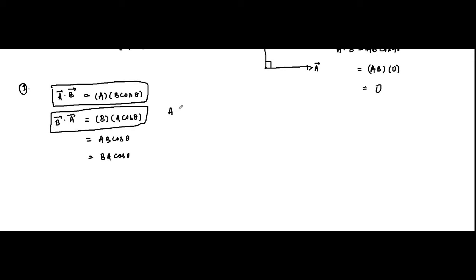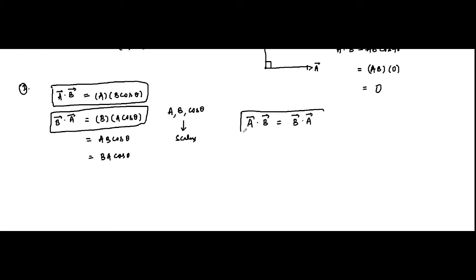Because A, B, cos theta, they are all scalars. So whether we do A, B or B, A, they all mean the same thing. So from this we understand that A vector dot B vector is the same as B vector dot A vector,